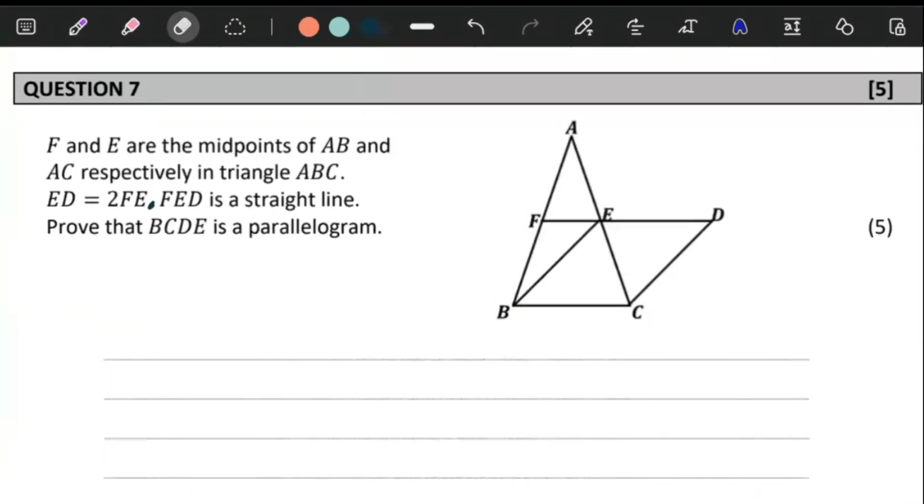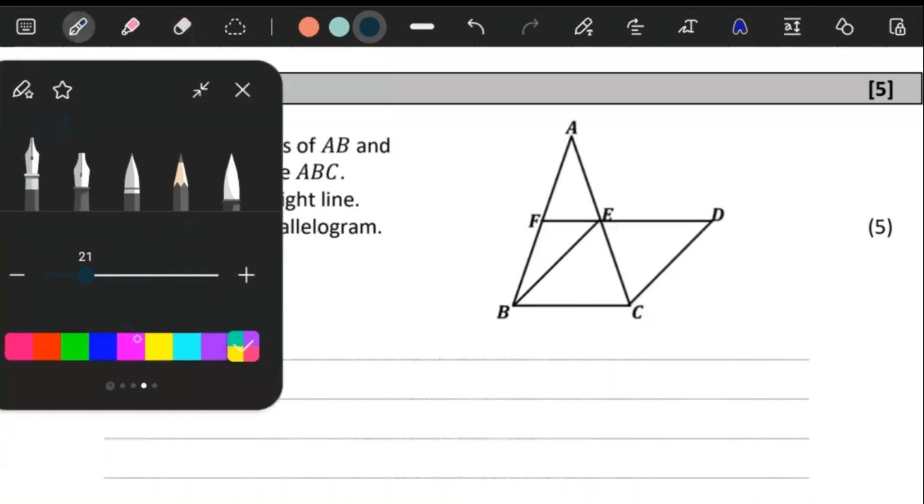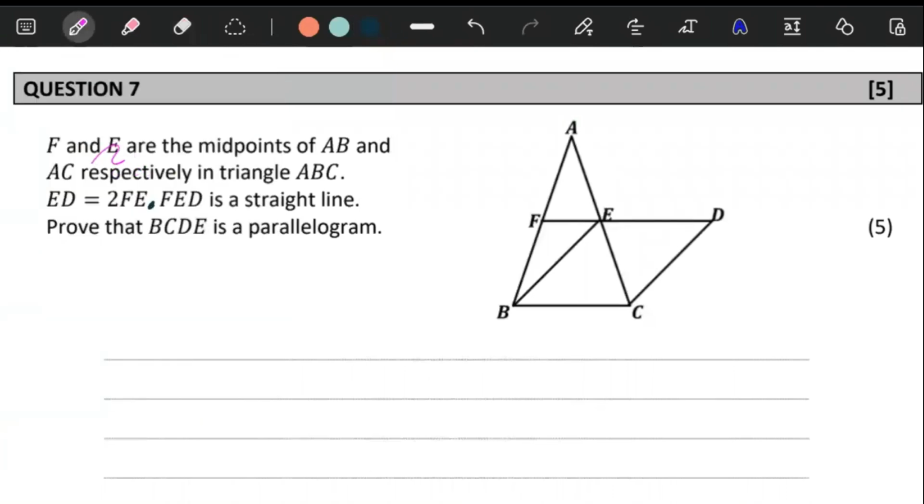Question number 7 says the following. F and E are the midpoints of AB and AC respectively in the triangle ABC. So automatically, if those are each equal to each other, they said here F and E are the midpoints. So F is the midpoint of AB. E is the midpoint of AC. There we go. So automatically, at the moment you see this, you want to think of the midpoint theorem,